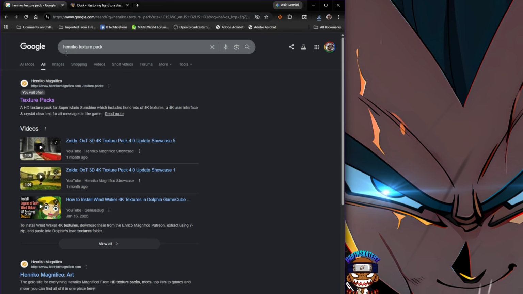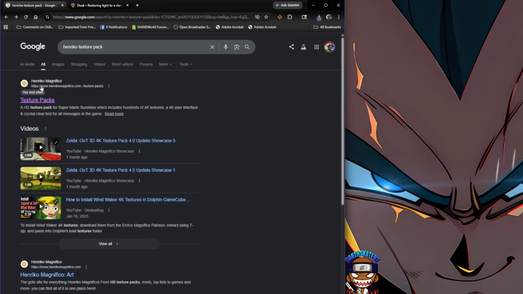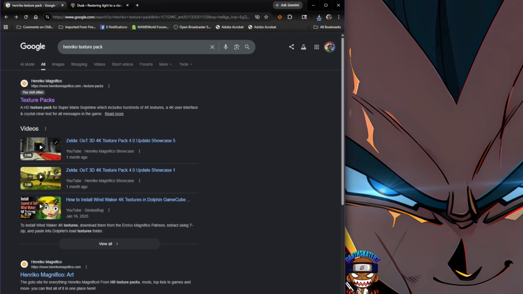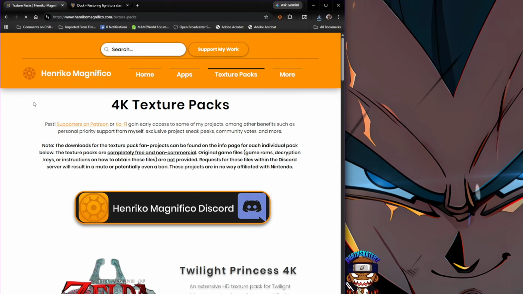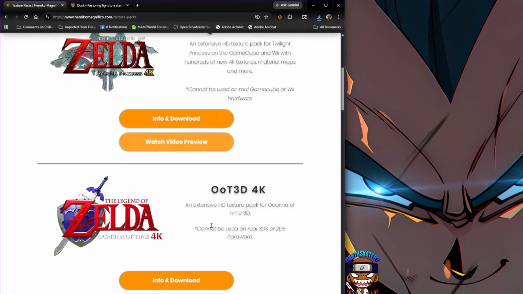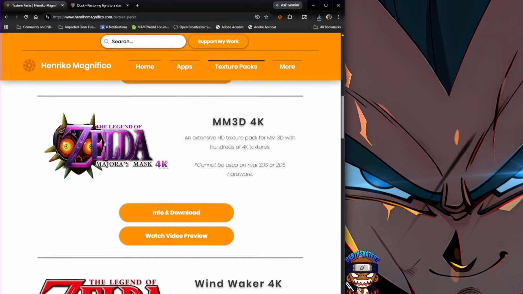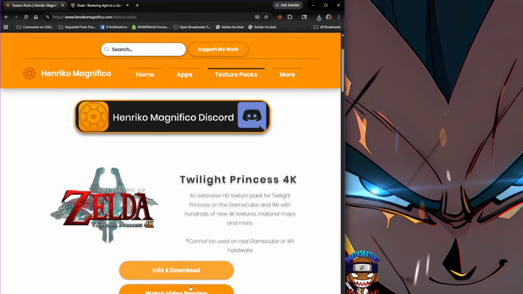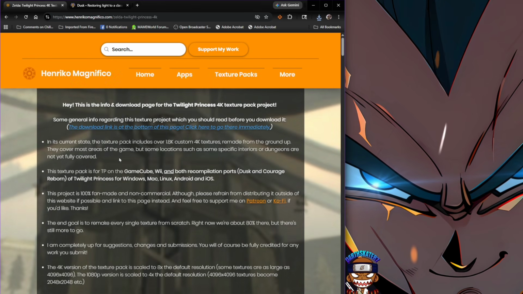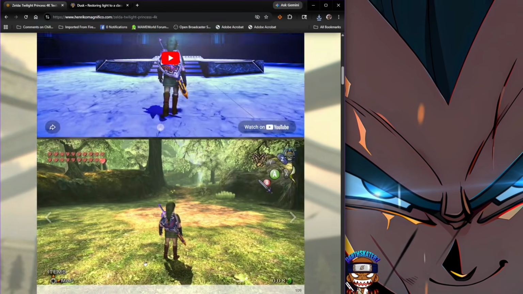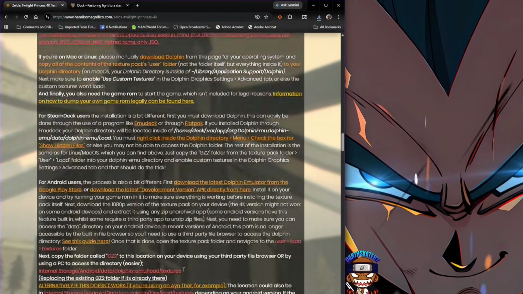So put a search in for Heinrico texture pack, and the first one that comes up with the orange and white emblem is what you want. Go ahead and click on that. On this page, it has a bunch of different games of texture packs, but we are focused on the first one here. Click that link, and then there's all the nerd information and a little bit of comparison. Keep scrolling all the way down,